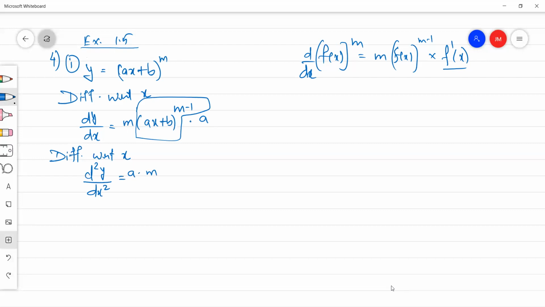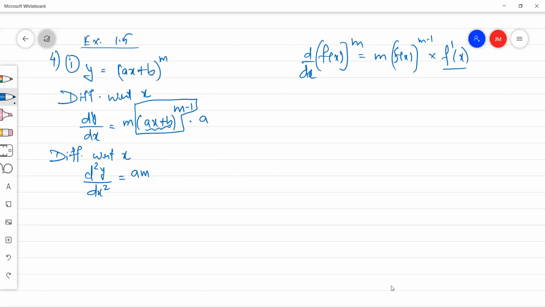What will be the derivative of this? It will be m minus 1 ax plus b raised to m minus 2, into d by dx of ax plus b, that is again a. You have a again. Do you understand why this a is coming again? Okay, let me repeat this. See, students, when you are differentiating for the second time, you are differentiating this whole thing, right? So what is going to happen? This am we will write here, and then you will differentiate this